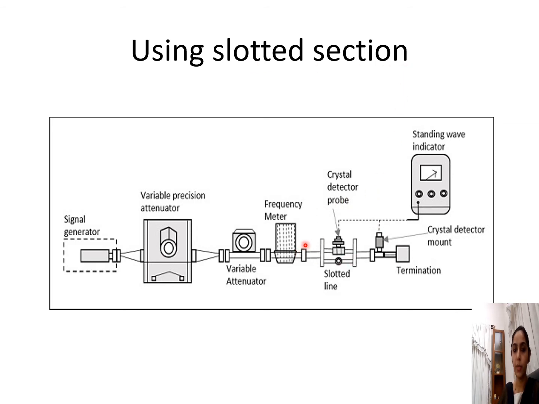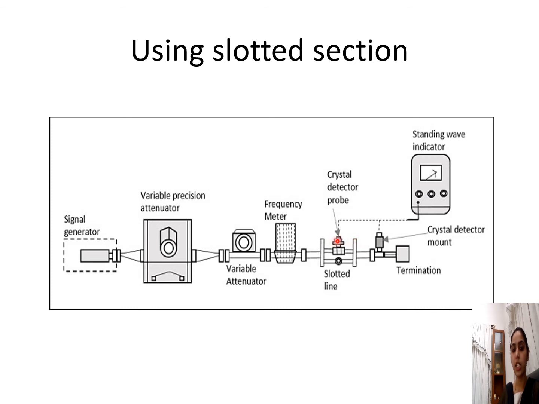Okay, so by now you should be familiar with what a slotted line is. We are going to use a probe coupling here, and we are going to insert it at the center of our waveguide. Usually when you consider the dominant mode, say the TE10 mode, the maximum electric field component occurs at the center, which you have already learned. So at that point we are going to do this probe coupling.